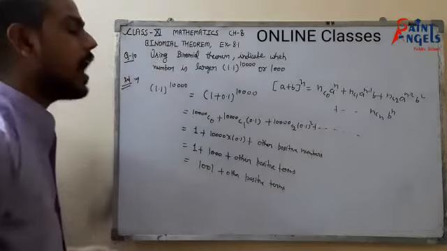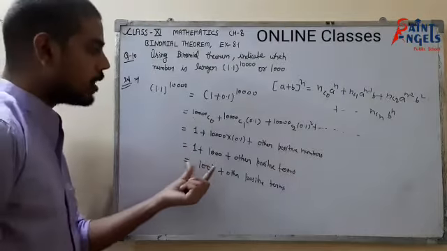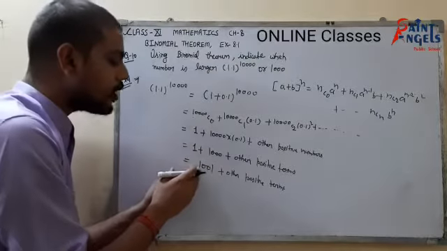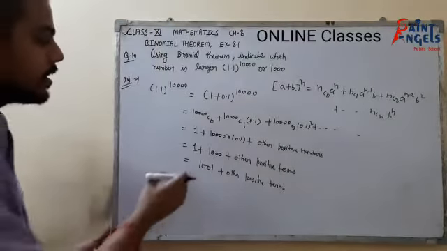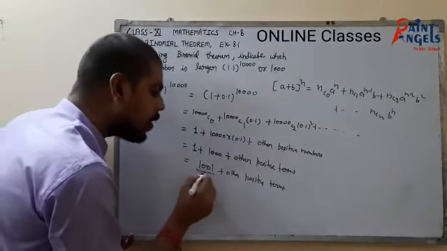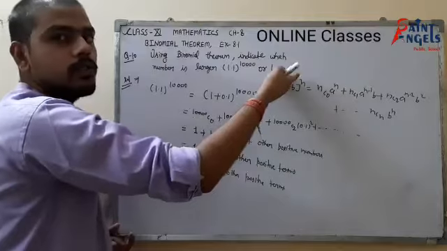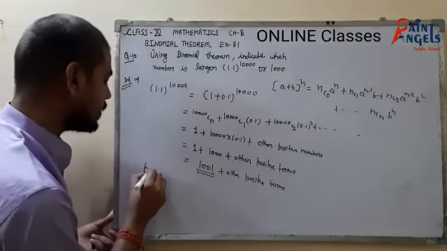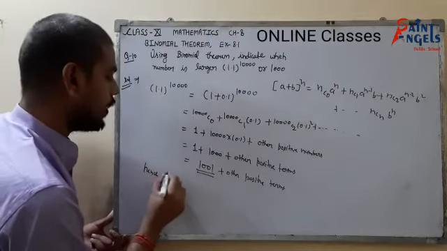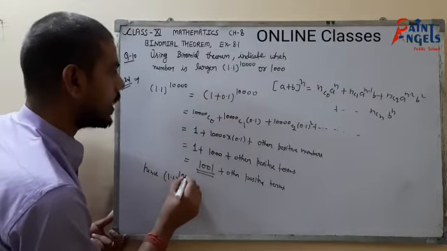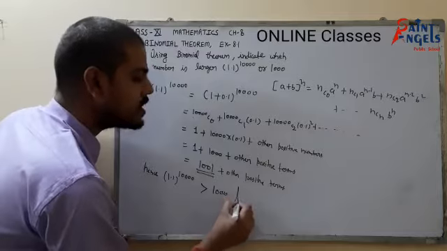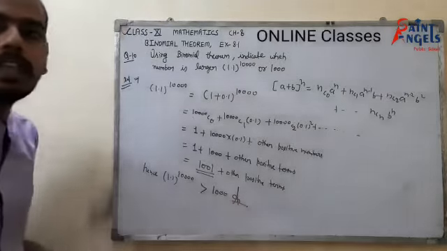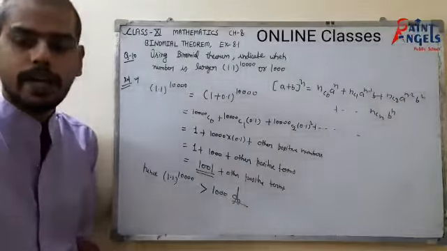Now as you can see, I have opened only two terms of this expansion and I have got 1001 plus some other positive numbers. So clearly, the sum of only two terms is already greater than 1000. So we can clearly say, hence, 1.1 to the power 10,000 is greater than 1000. Isn't it a very easy question? I hope it's clear. Okay, so please pause the video and note it down.